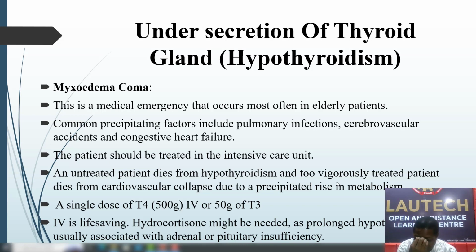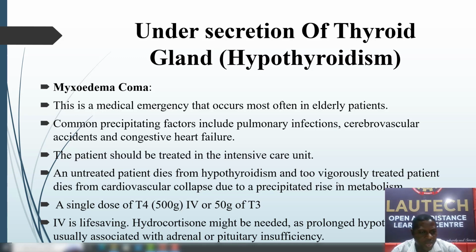So I want to look at myxedema as one of the hypothyroidism disease conditions. So, myxedema coma. This is a medical emergency that occurs most often in elderly patients. Common precipitating factors include pulmonary infections, cerebrovascular accident, and congestive failure. The patient should be treated in the intensive care unit. An untreated patient dies from hypothyroidism, and a too vigorously treated patient dies from cardiovascular collapse due to a precipitated rise